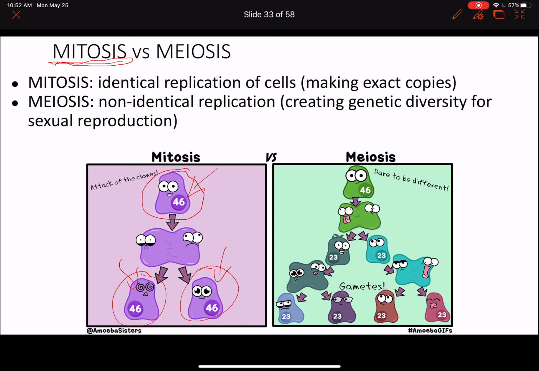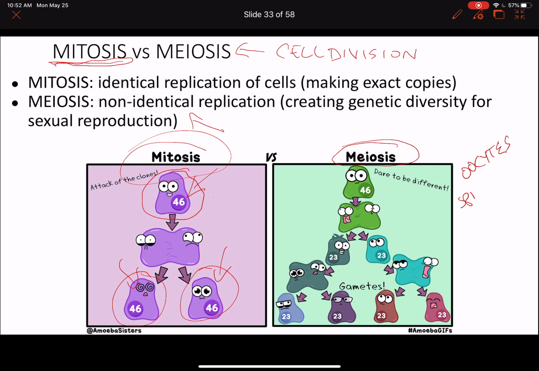The other type of cell division I want to talk about is meiosis. Both of these are cell division, and both of these happen at the end of the cell cycle. The cell cycle, remember, is just the life cycle of a cell, and most cells are going to be doing mitosis their whole life, always, no matter what. But some cells, a very small amount of tissue in our bodies, do meiosis instead at the end of their cell cycle. The cells that do that in us are known as oocytes